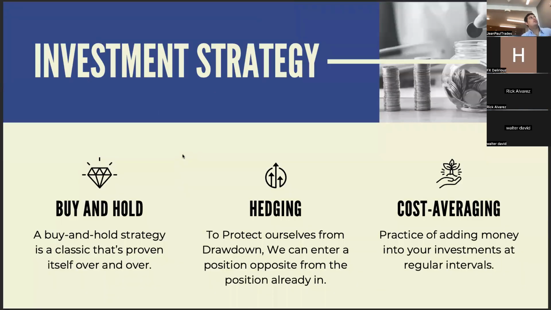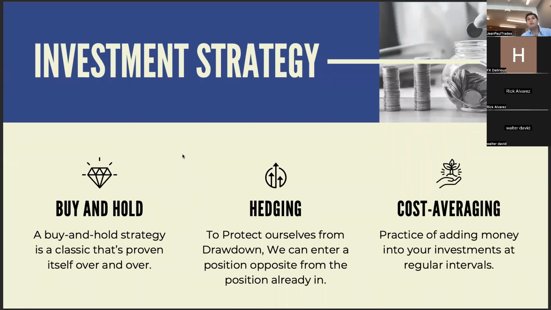So my investment strategy, guys, is I like to buy and hold. For example, with gold, which is the one that I can relate to the most with this. I like to hedge as well, and I like to cost average. What does this mean? When I'm buying and holding, guys,